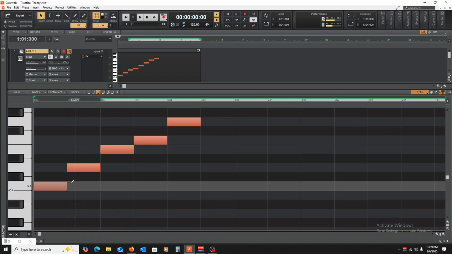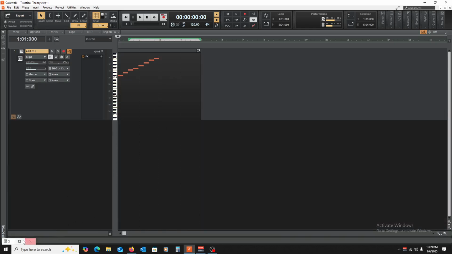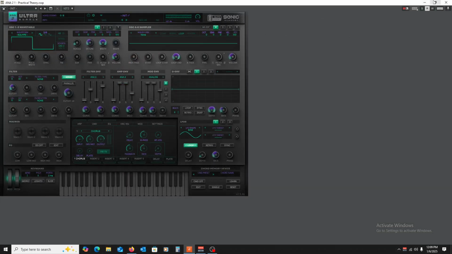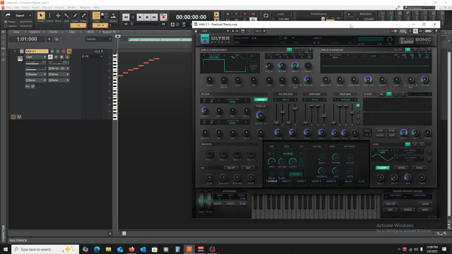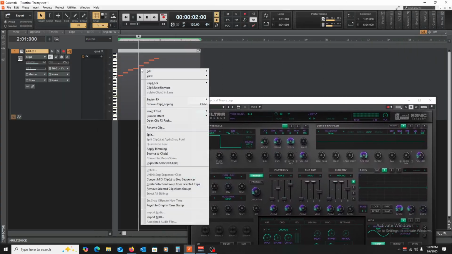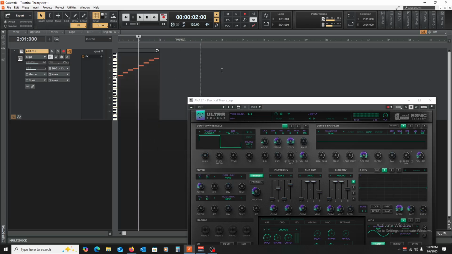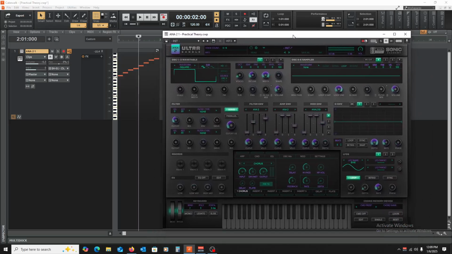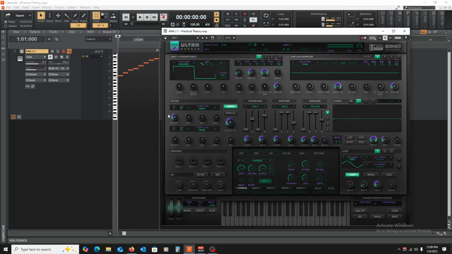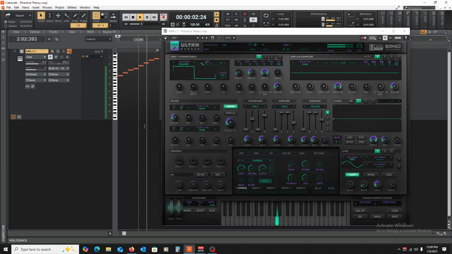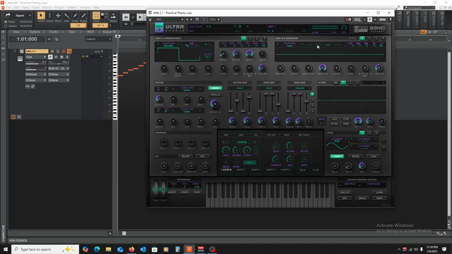So again, this is just a C major scale. And you can watch previous videos to get a better understanding of what that is if you don't fully understand it right now, or if you're not familiar with scales, I have a video that goes over that. I think it's one of my earlier ones in the playlist. But anyways, there we go. So we have our scale, very simple.